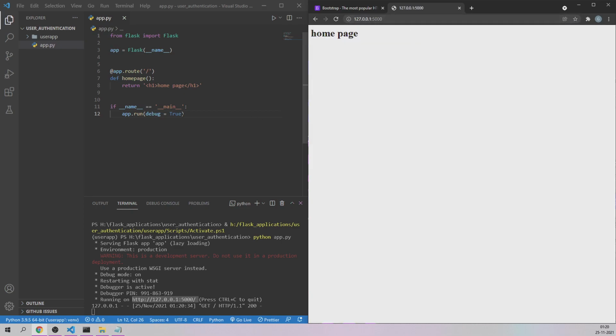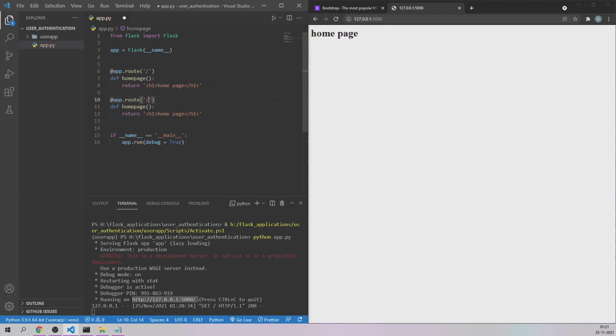So as you can see here, we have mentioned home page, and it is opening up the main page, the first page of the Flask application. So this is how easy it is to create Flask applications. And just like this, I'm going to copy lines 6, 7 and 8. Copy it, and now this time let's say I want to go to some other page.